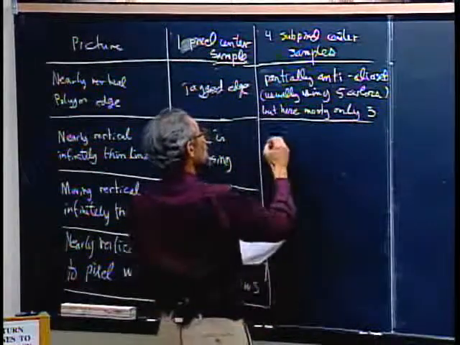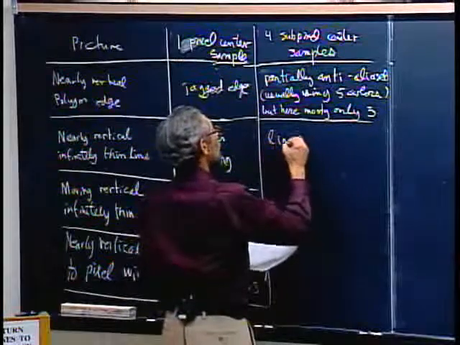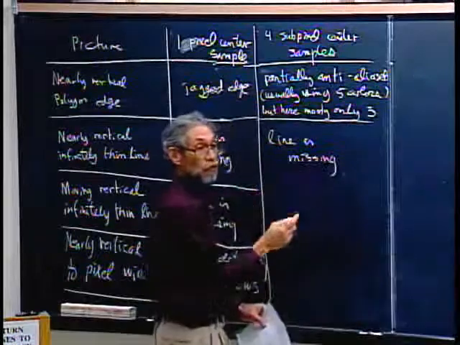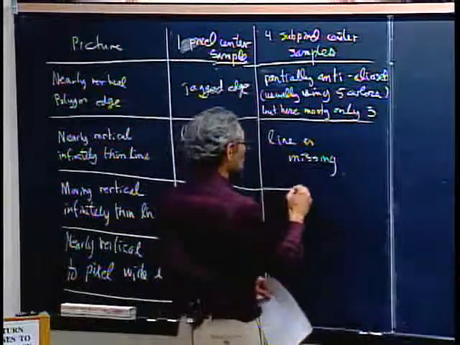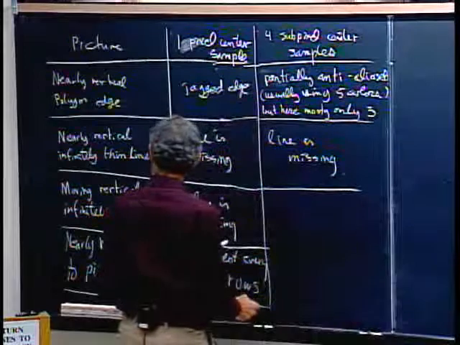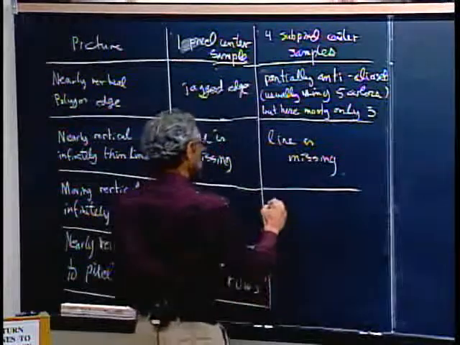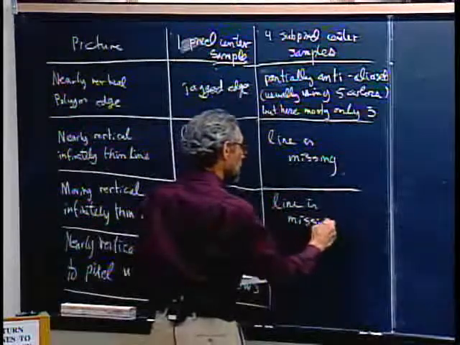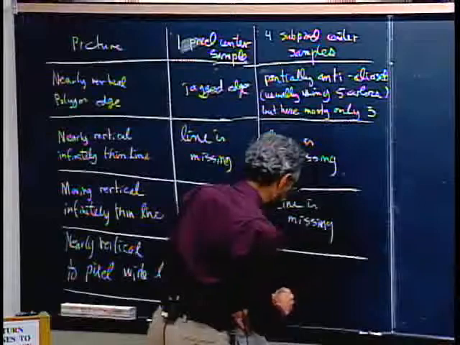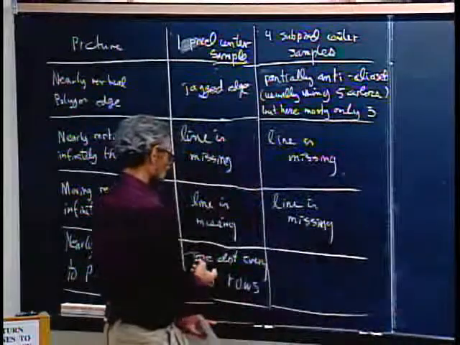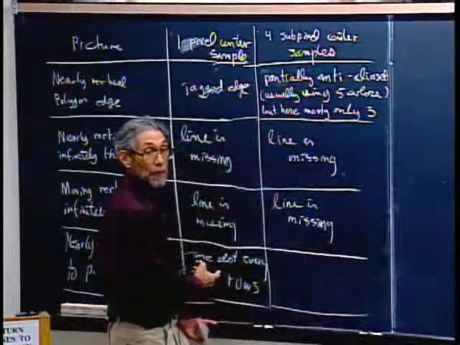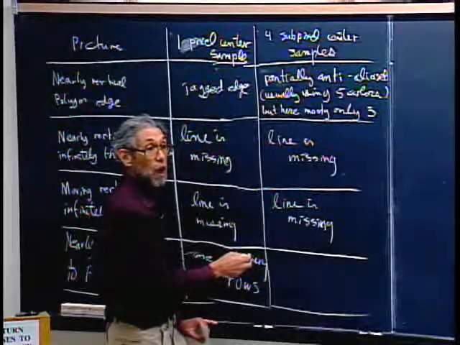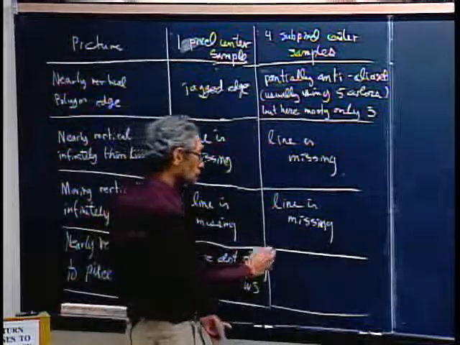Okay, for this infinitely thin line, the line is still missing. Right? Because even those 4 subpixel samples, it's not going to see. Moving vertical line, still missing. And what about now? This will be 4 possible places. It's thin. It's probably in a given pixel going to cover only 1 at most. So mostly